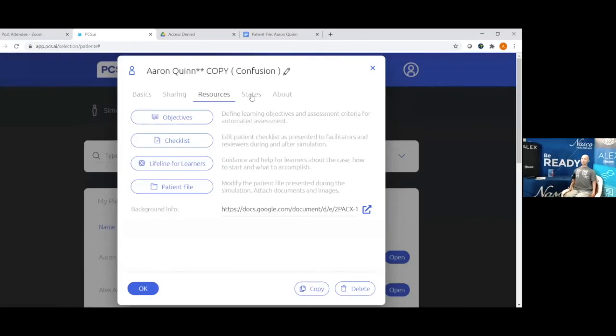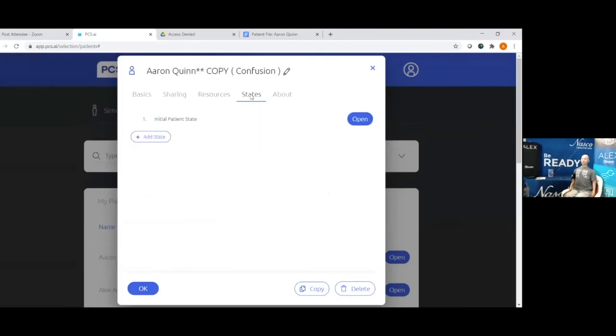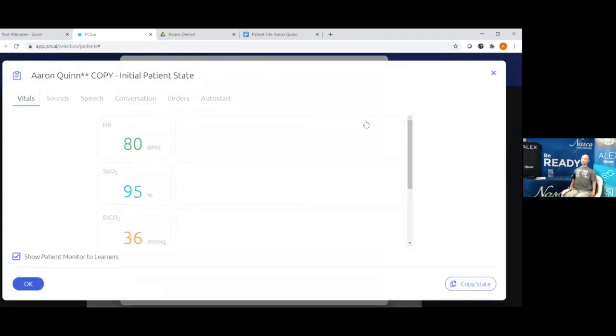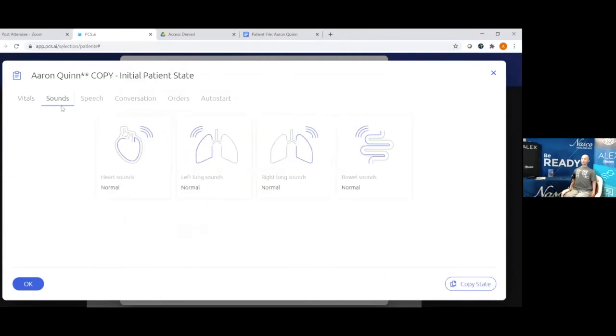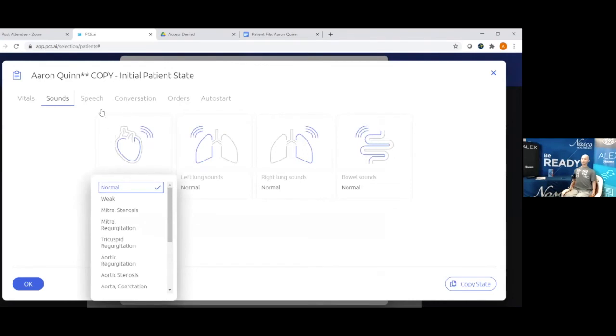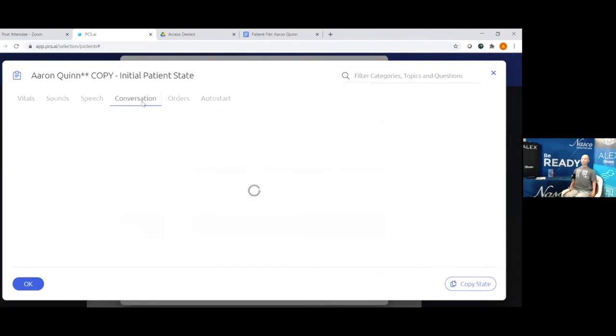Okay, next is your states. In your states is where you would make your changes. What you would do is you go into states, and this is when you're writing a scenario. You open up that state. You see the vital signs. You can click on sounds. Sounds is where you would make all your initial changes. Conversation. Conversation is the brain of Alex,